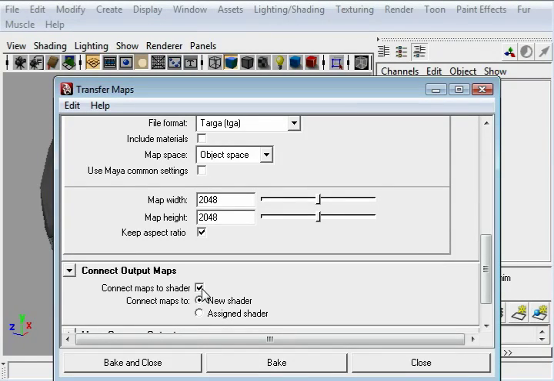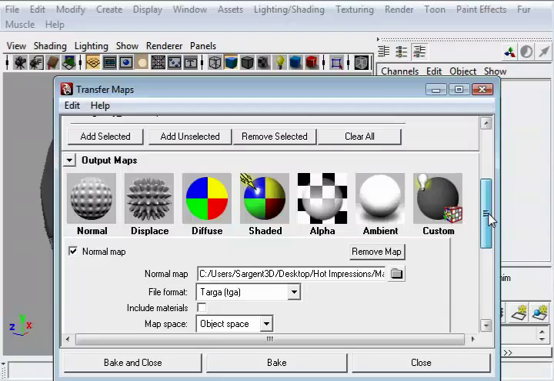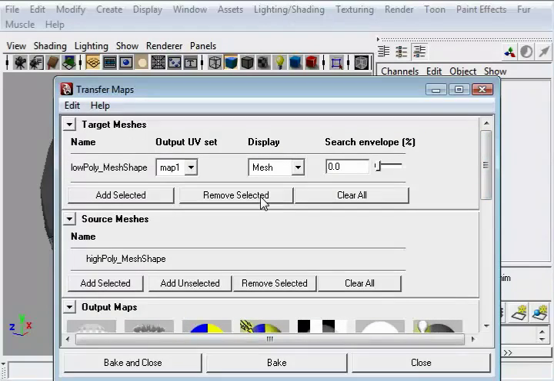What this does is take the normal map you have just made and apply it to either the shader, which would be what was applied before you started the baking process, or a new shader, which will create a new Lambert or a blend and apply the normal map to that, which then you'll manually have to apply to the model. The last thing we need to check